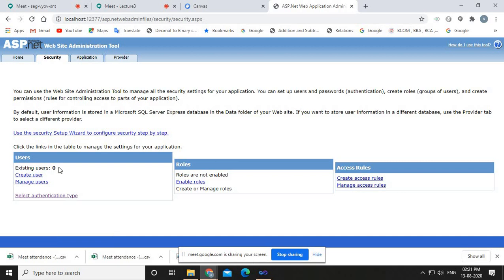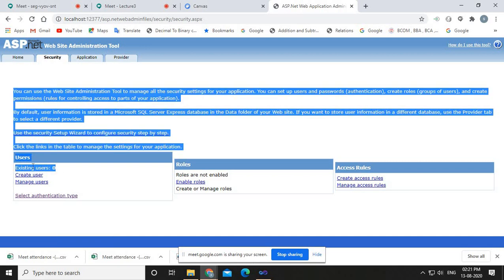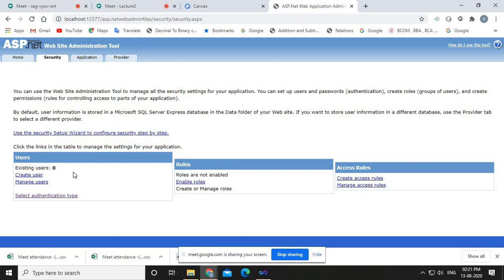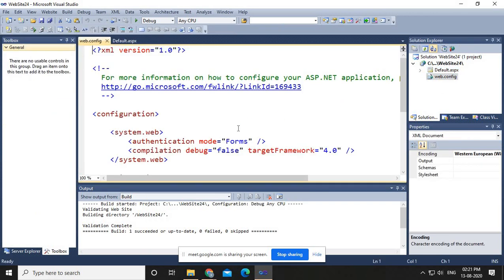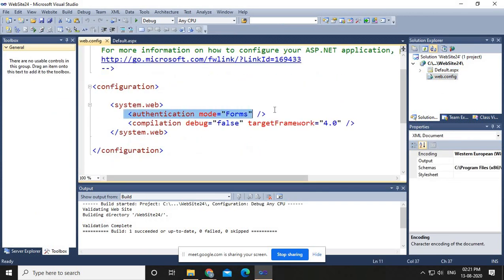right? So now it is showing existing users 0, there is no user, right? Okay. And another thing, if you go to the web.config file, this line will be written automatically, that is authentication mode is Forms, right? Okay, now suppose you run this,